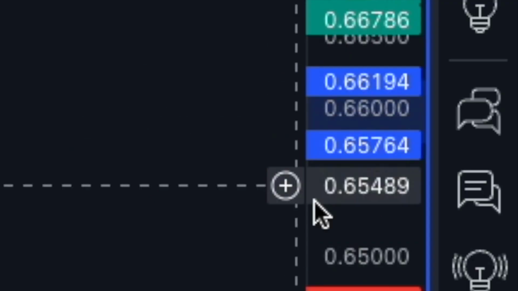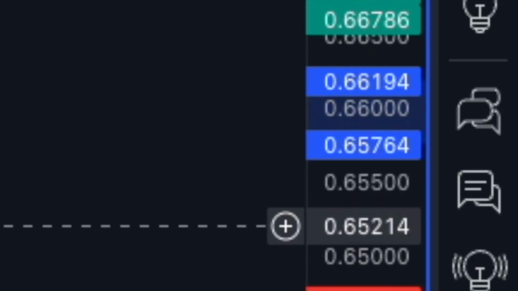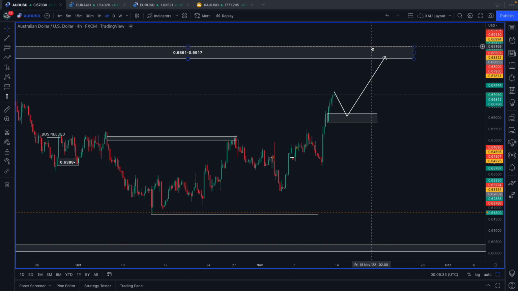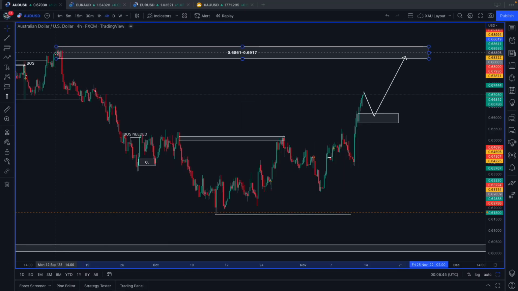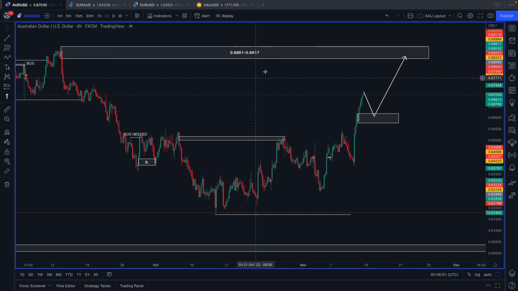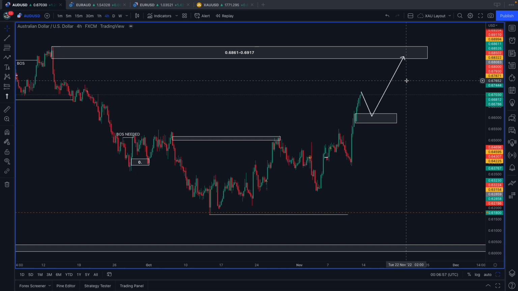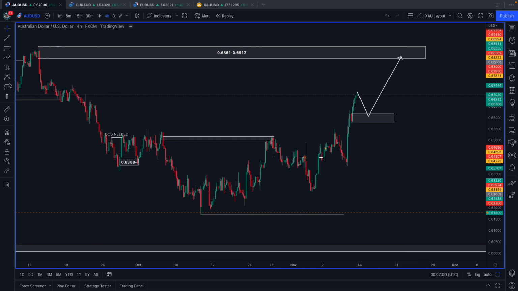Alternatively, take down these coordinates here on the right hand side, and then you'd want to set your take profit at this zone here. As you can see, the coordinates are here. Again, mark this zone out for yourself. It's just on the 4-hour time frame, and it's this last buy to sell region. Highlight it for yourself. Wait for price to trade in. As soon as we get a rejection, a fractal break of structure to the downside, we can then look to get involved in those longer term sells.